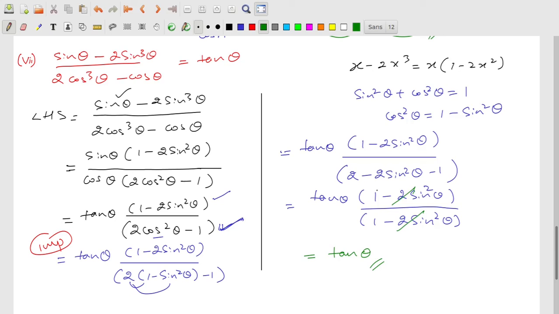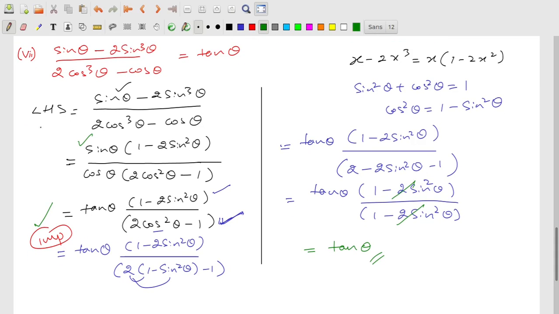which is the required term in the RHS. So what are the important steps here? This step, that's it. This is the first step, and then taking this common. Most of the students will be stuck with the first step. Whether to take an identity, or start from LHS or start from RHS, or simplify them separately. So the first step you need to remember. Here the first step would be taking sine theta common.